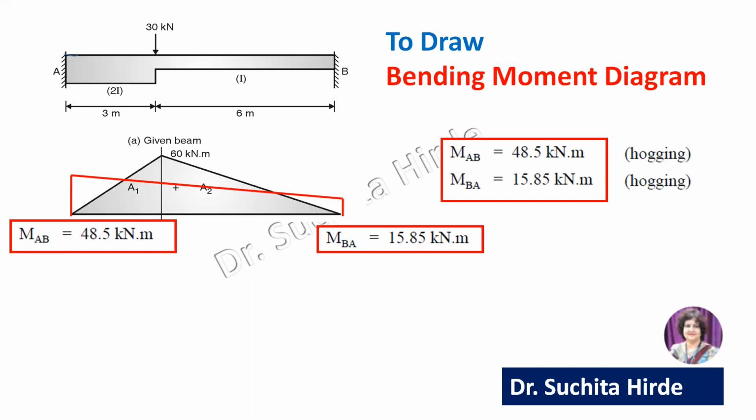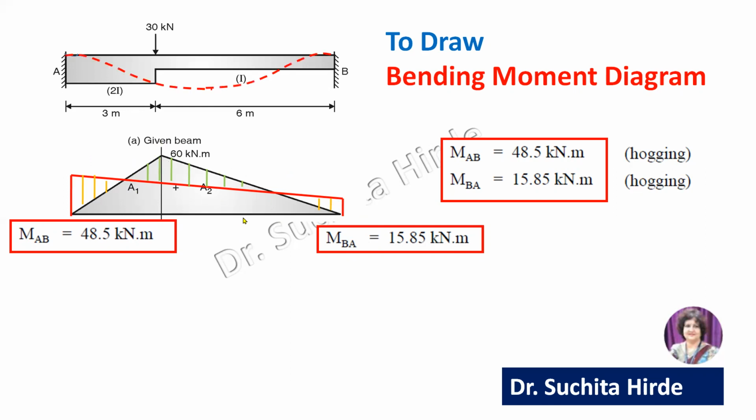After overlapping the negative diagram over the positive diagram, this is the net diagram which is negative, and this is the net diagram which is positive. That means towards the end there is hogging, and near the mid span